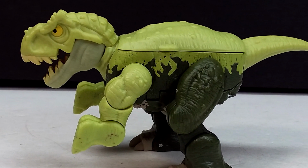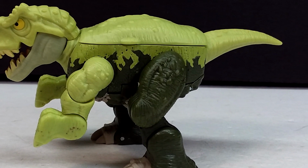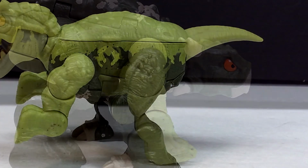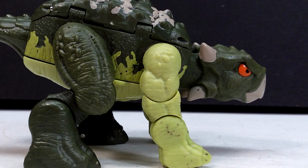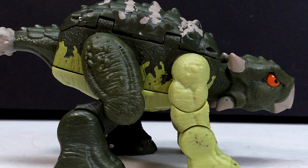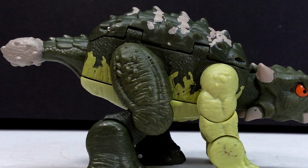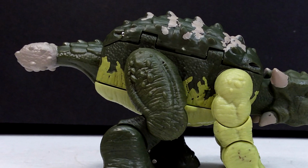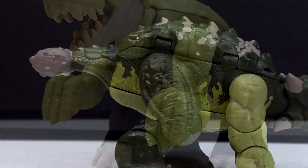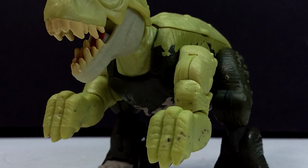I enjoy collecting pretty much anything dinosaur related and pretty much anything Mattel related, which is one of the reasons why I think I've pursued these the way that I have, but they're not exactly high on my want list, and they're definitely not something that when they arrive, I'm super hyped about. I'm usually like, alright, we'll throw it down here and then I'll get to reviewing it here soon. So it's not something that I'm really excited about, but again, as I said, it does have a fan base,